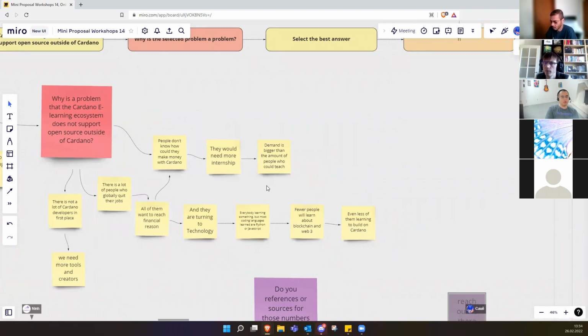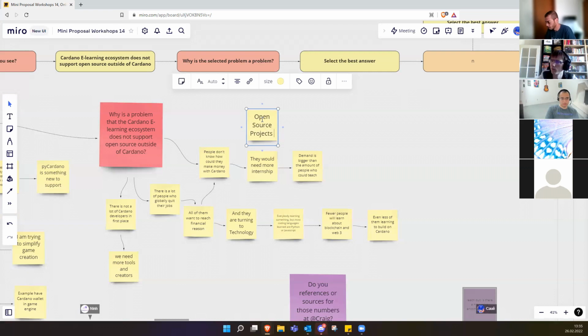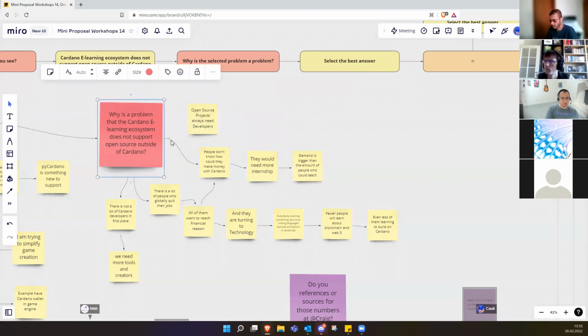Now, at the same time, open source projects always need developers, contributors, and help, right? They'll, like you mentioned, Tevo, also need financial support, because they need to incentivize more contributors